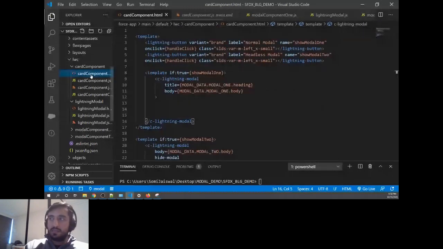So let's add something here. I'll say div hello. We are not passing the body anymore, so I'll pass this data directly. And here also I'll pass the data directly.